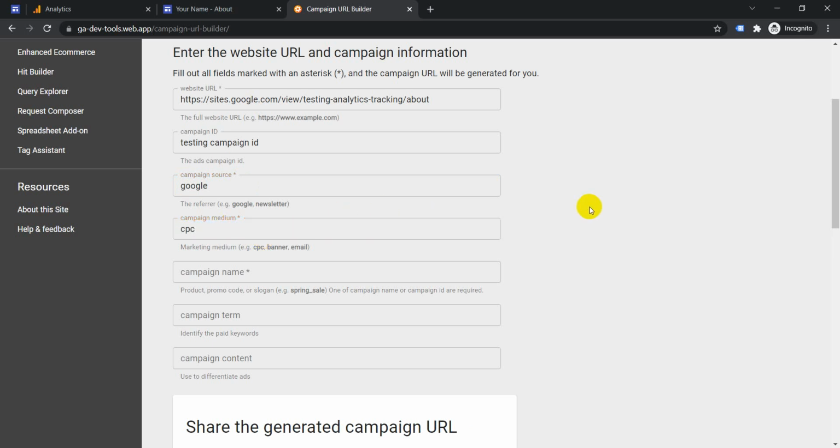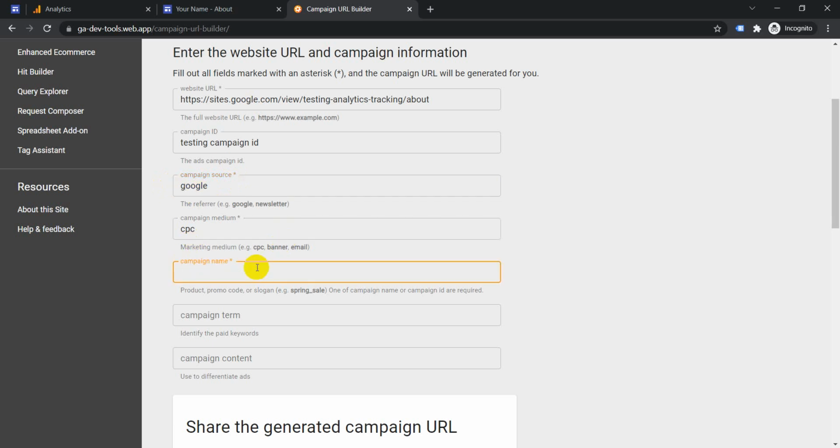Okay. Please remember that campaign source and campaign medium need to match exactly what it's showing on Google Analytics, because Google Analytics is case sensitive. So in case you put maybe the G capital, it will create a separate source for this. So we need to match the current one which is there, which is all small.